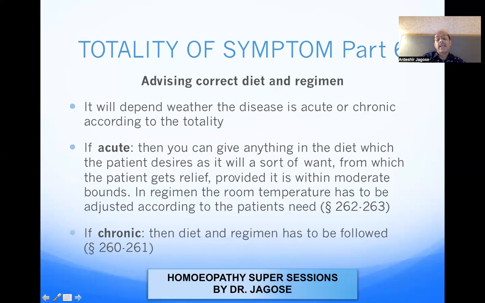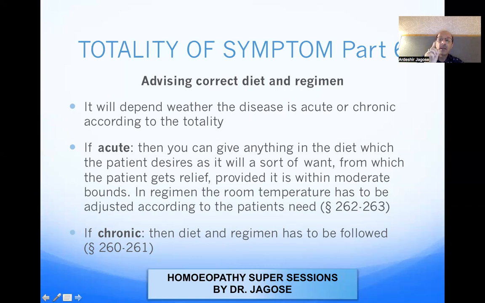Well, advising correct diet and regimen. It will depend whether the disease is acute or chronic according to the totality. So our master, Dr. Hahnemann, in the Organon textbook, has given you the plan of the diet and regimen of an acute case and of a chronic case. So if the case is acute, then you can give anything in diet which the patient desires. So Dr. Hahnemann said that whatever the patient desires in an acute phase, you can give it to the patient,